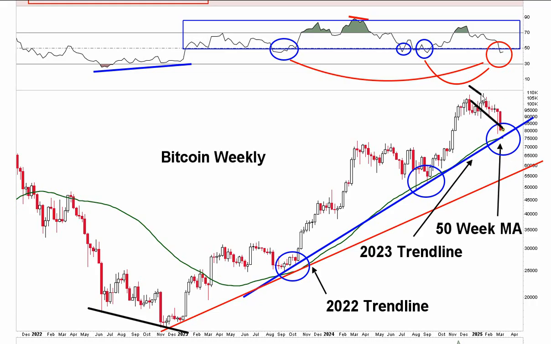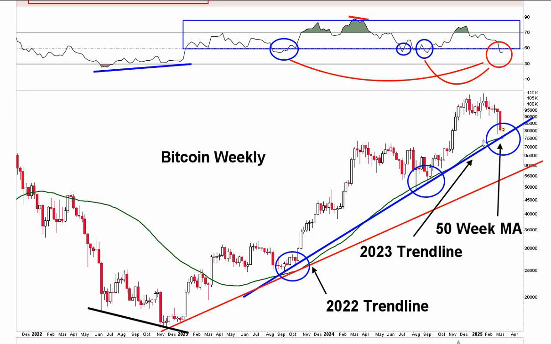Now, I predicted the January 20th top. I predicted the December top as well, the day of both of those tops, and the day of the January bottom. But with predicting the January top and the sell-off, we've gone lower than I thought we'd go. So again, I saw the top and I saw the sell-off coming. We've even gone a little bit lower than where I thought we would go. I thought the January low might hold up and we'd get something more like the sideways thing rather than the flush out.